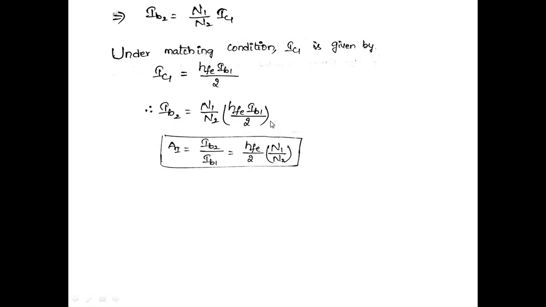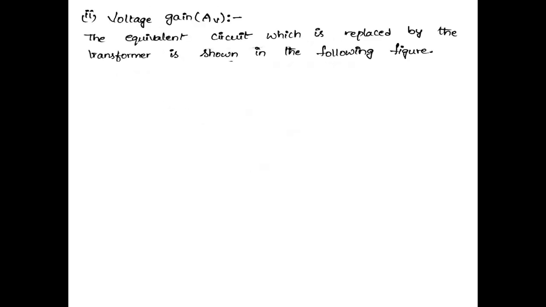Means the current gain of the amplifier not only depends upon the HFE value, it also depends upon the number of turns in the primary as well as the number of turns in the secondary. It also depends upon the transformer parameters. Now let us proceed for the calculation of the voltage gain,